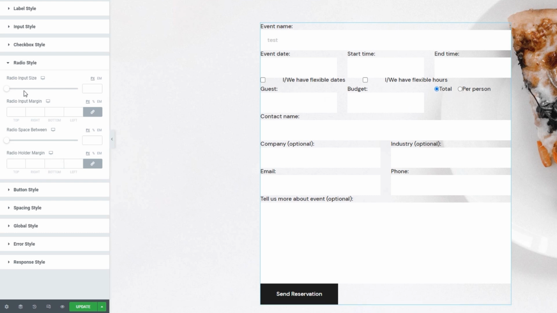For starters, we can change their size. You can increase the button like so. I'll set 14 pixels for mine. Then we have the radio button margin. This lets us create more space around the buttons themselves. If I start to increase, we can see the space around the buttons grows so they get like a buffer